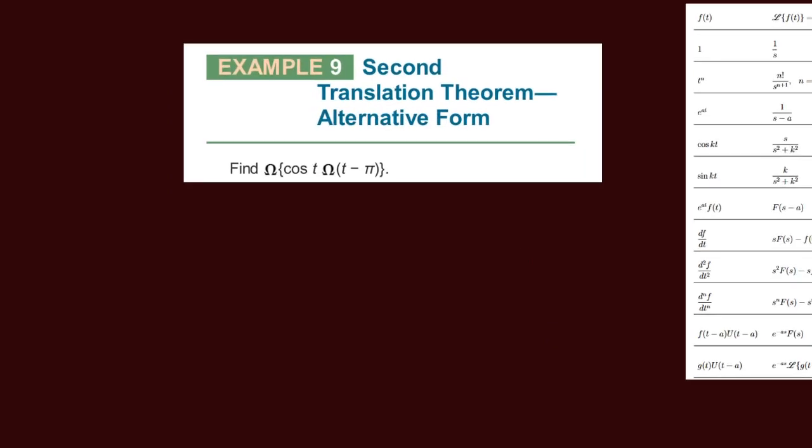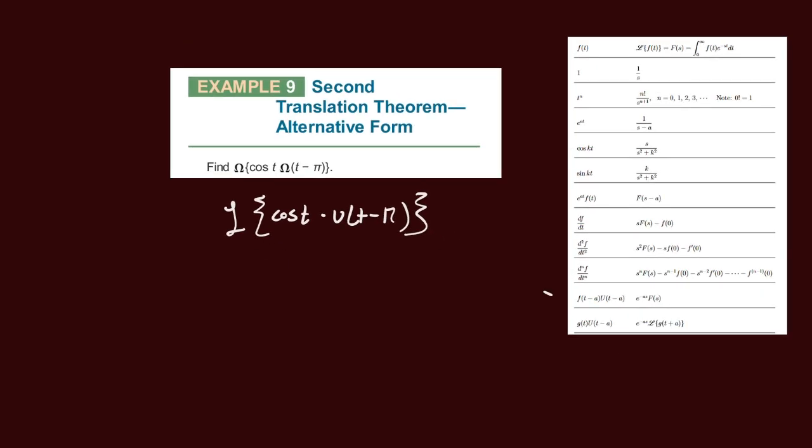Okay, so we have to solve the Laplace of the following. If you're wondering why there's ohms here, it's because there was a printing error when they made this textbook. So this is the correct way of writing this. Alright, okay. So we just have to find the Laplace of this, and you see how this is the one